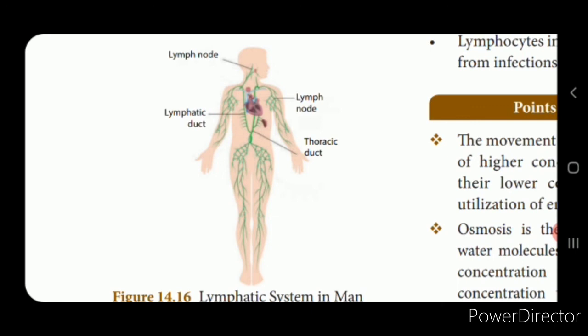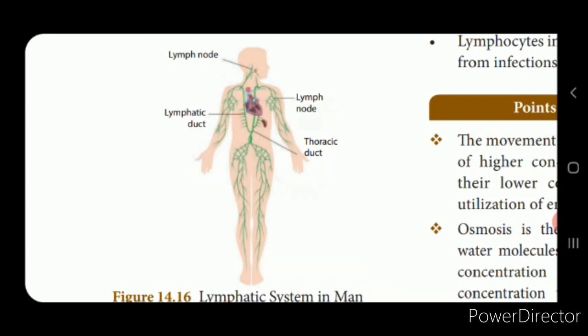Now with this we come to the end of the lesson, that is transportation in plants and circulation in animals, and this is a very important lesson, children. Here in this lesson you have to be thorough with what transpiration pull is, and the structure of the heart, sometimes asked in the 7-mark question, and initiation and conduction of the heartbeat, that is on page number 209. Now this is also one of the important questions, and also the blood groups and the functions of blood. These are the most important questions in this lesson.